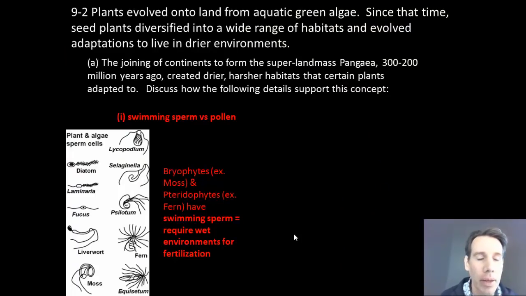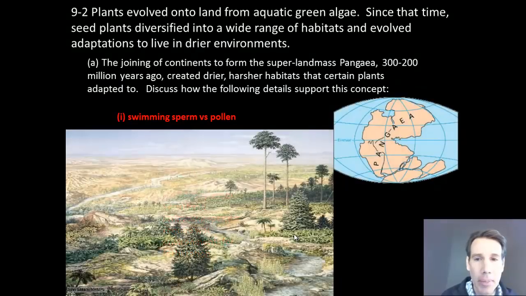We're going to begin with the fact that the seed plants have pollen typically. And if we compare that to seedless plants, such as ferns and moss, they all have swimming sperm. So they depend on a very wet environment in order for their sperm to swim. So you can't swim without water. So that's why moss and fern often live in those wetter habitats, so they can fertilize with their sperm.